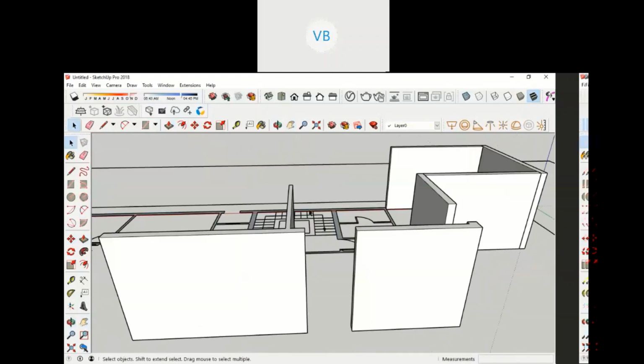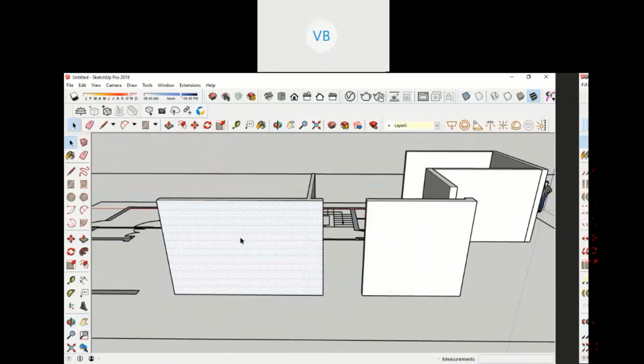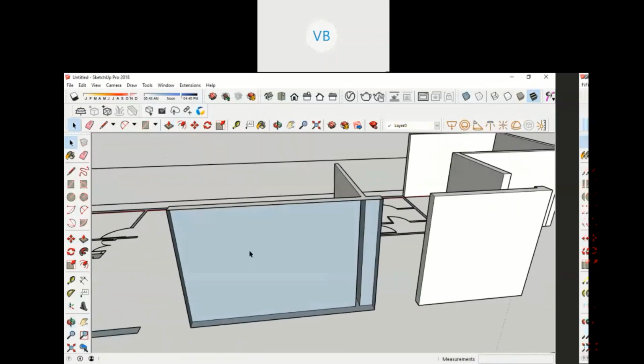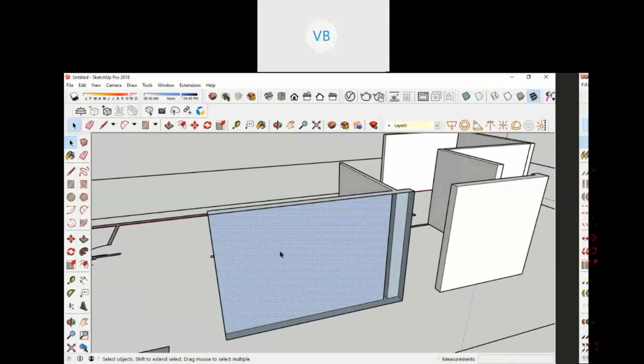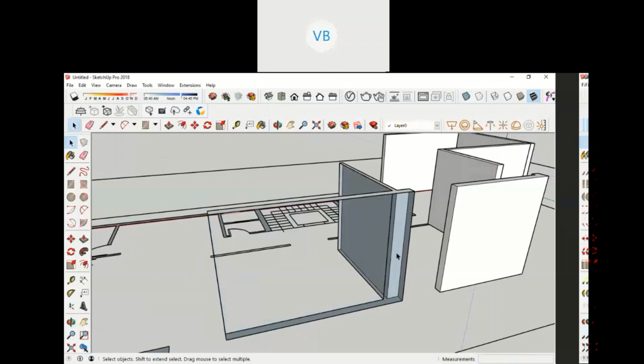Instead of that, if I want to delete this wall, then I might have to select everything again and then delete. If you delete, say, only one face is getting deleted. Then I'm going to select the other faces as well, so I have to delete the separate faces one by one. So this is a time taking process.